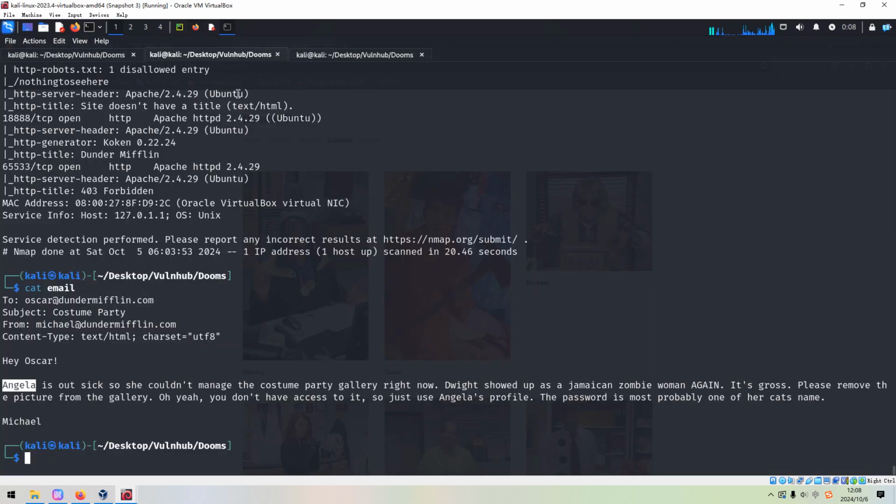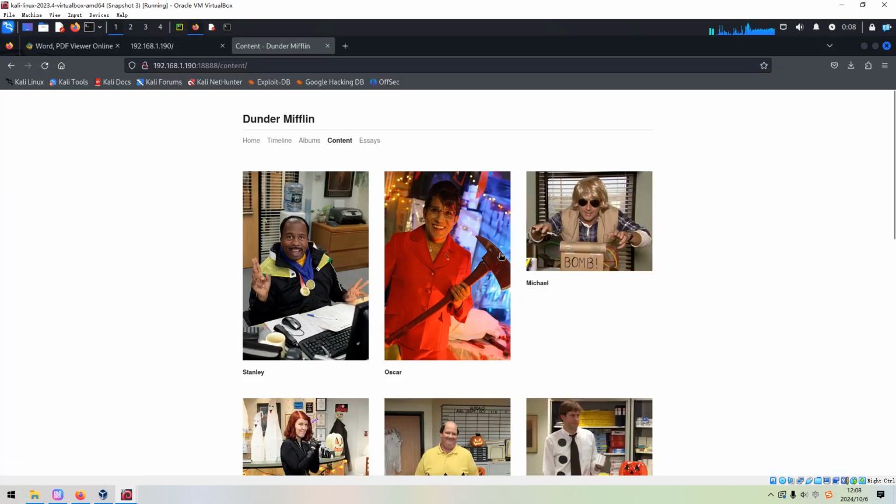So I think the email itself is talking about the custom party gallery and also can remove. But now here, we didn't get the entry to manage this site.